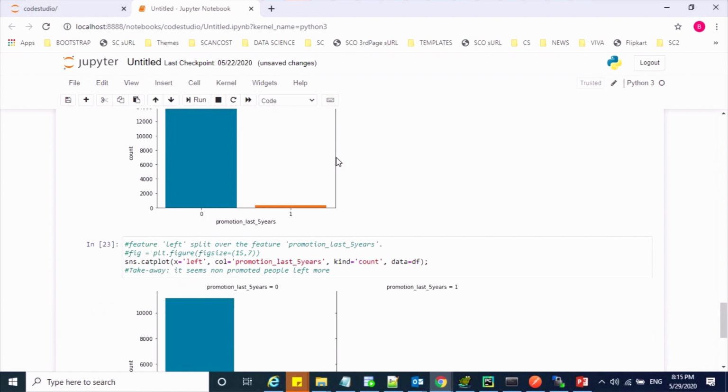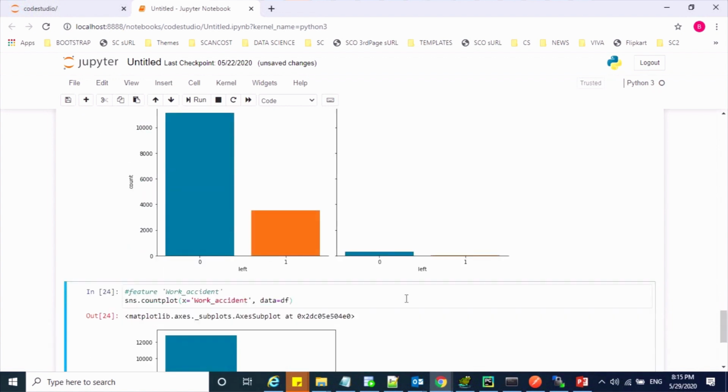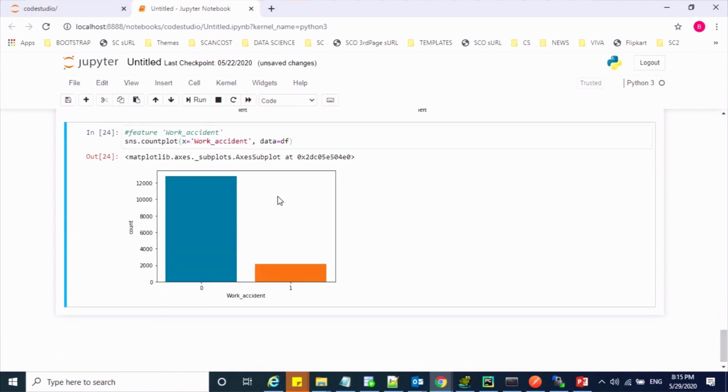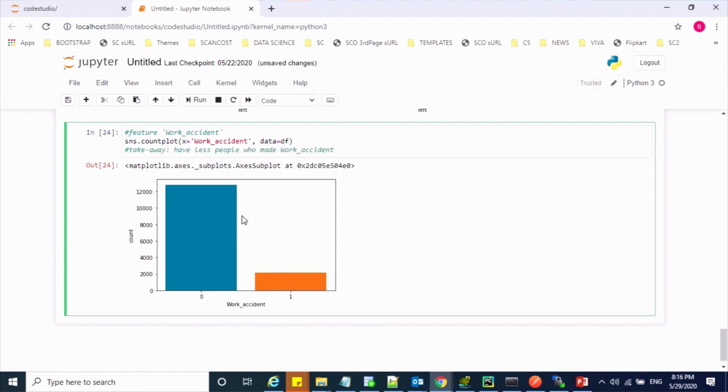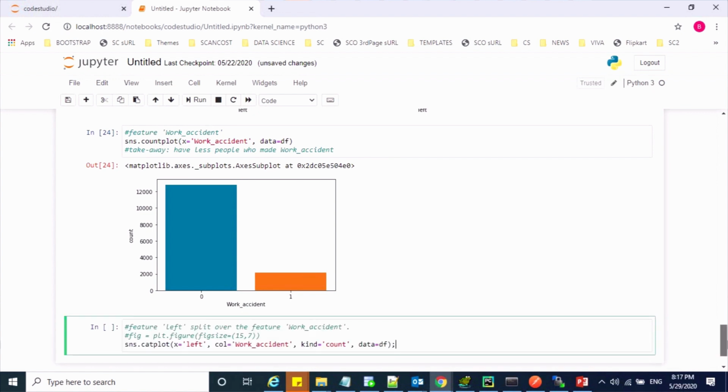Now plot the count plot on the feature called work accident, and we'll see what the takeaway is. From this graph, the takeaway is that very few people had an accident in the organization while working. Now let's draw the cat plot between the target column and work accident.